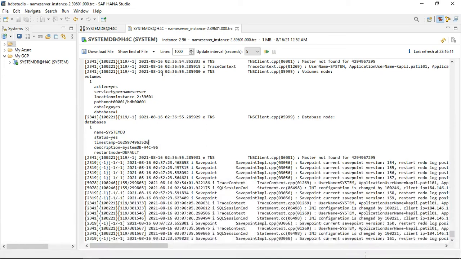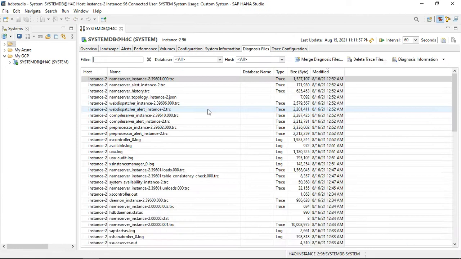Once you open it, you will have options for what you want to see. Whether you want to see the entire file, start of file, or end of file, you can select this as per your convenience. Then you can download the file also. If you want to download to your desktop, you can choose how many lines you want to see. That setting is also there. And update interval is for refreshing the log file. If you want to keep refreshing the log file, you can do the auto refresh over here. So this is how you can see the log file.